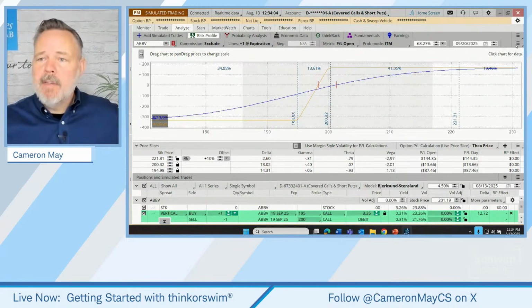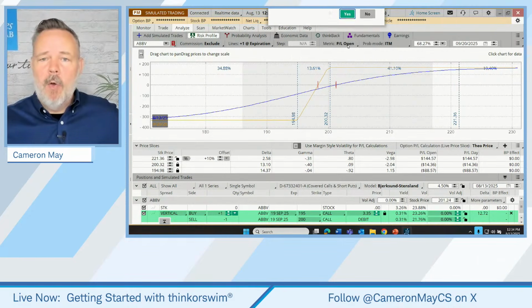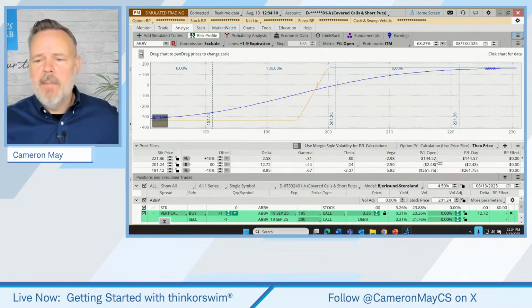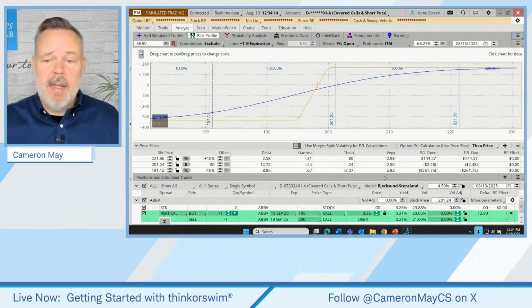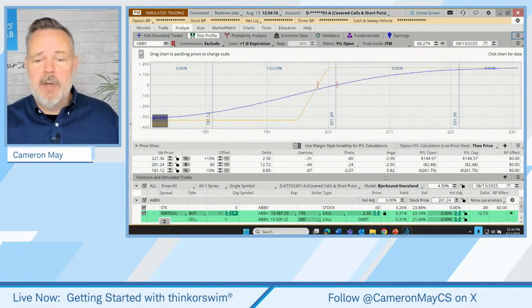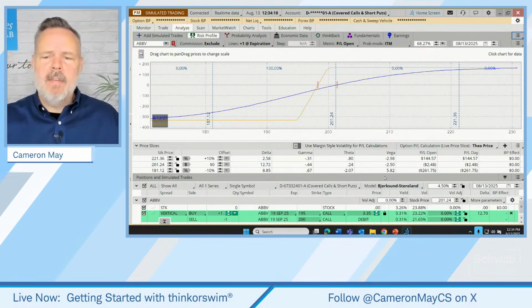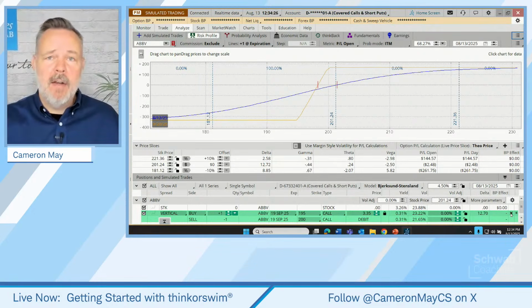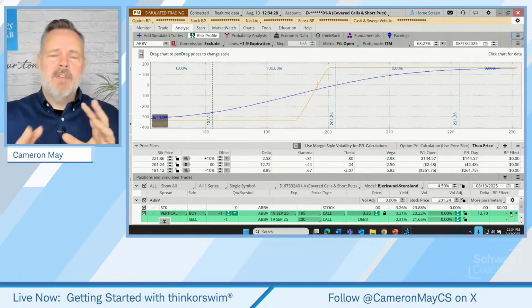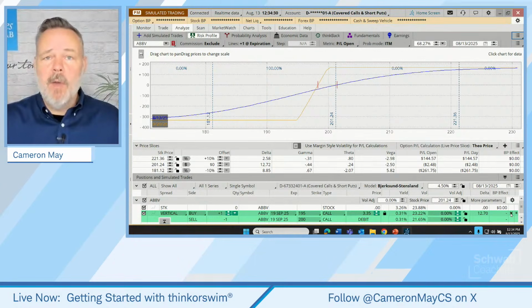Let's do this. Let's come back up here. Let's hit that reset button, just reset the whole thing for all the changes that we made again. And there is definitely one additional feature that I want to show, and that is that this is interesting when we're looking at a single trade, but it may be conceptually more interesting when a trader has a whole bunch of options trades going at once.